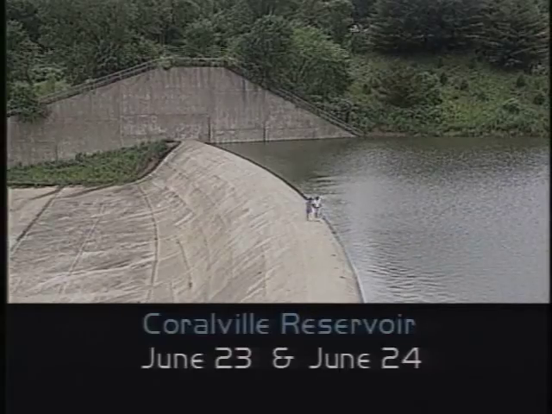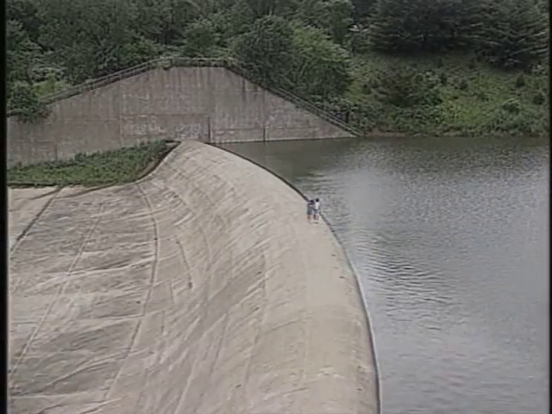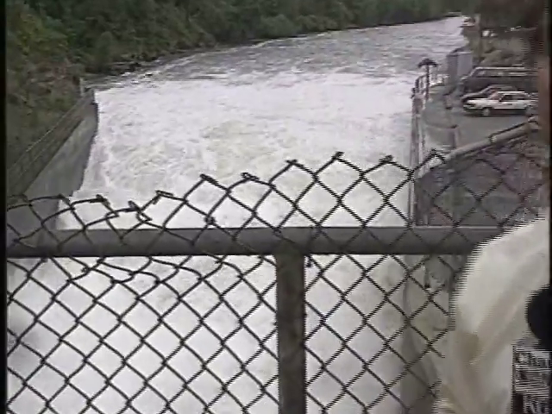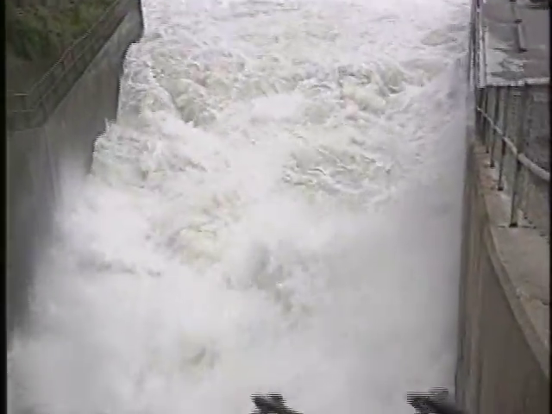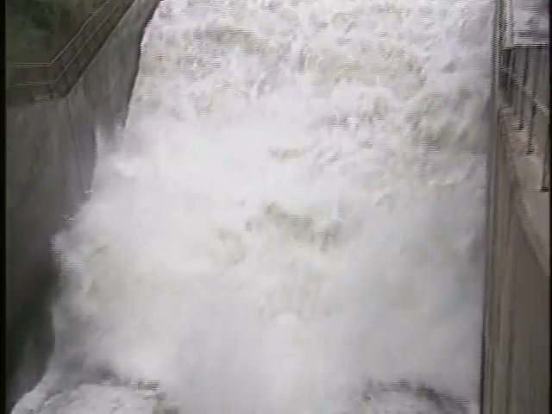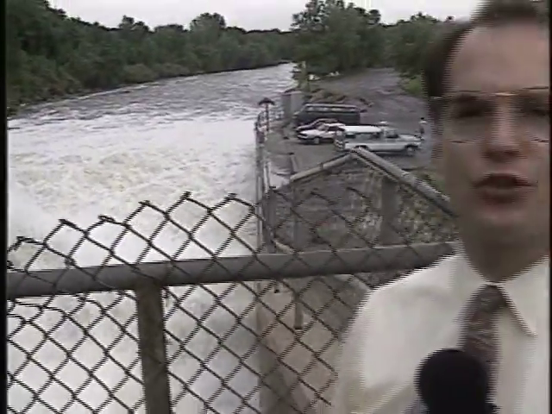The lake level is within 1.5 feet of going over the spillway. This is where all this extra rainfall can be seen in its most dramatic fashion, the outflow of the dam at Coralville Lake, which is currently running at about 8,200 cubic feet per second. But despite all the extra outflow here, officials say it is still too early to tell what impact any extra rain would have on the levels here.